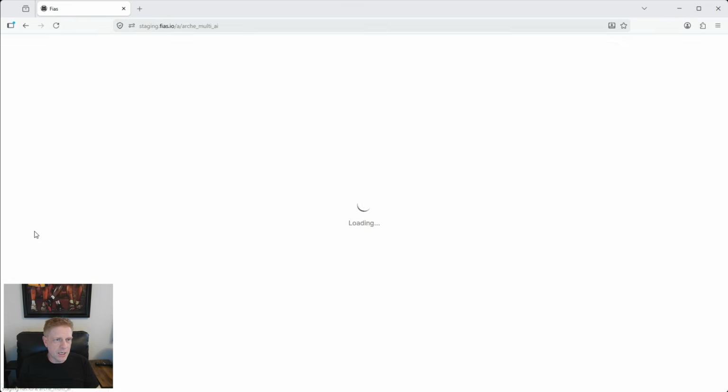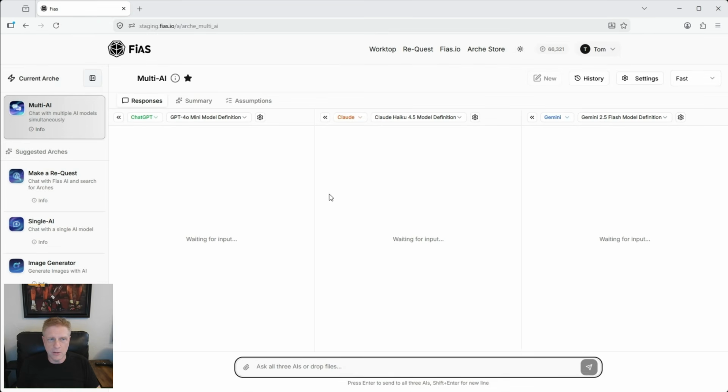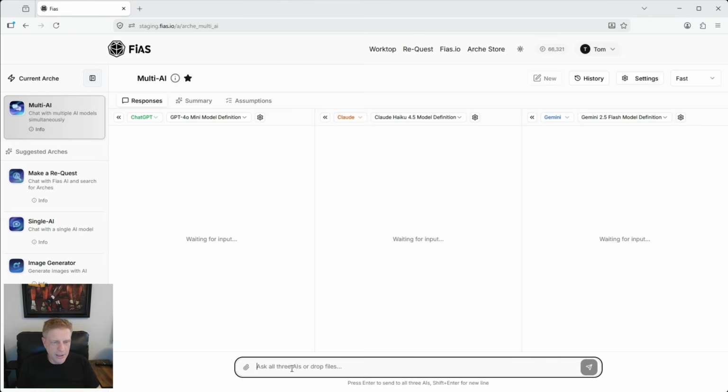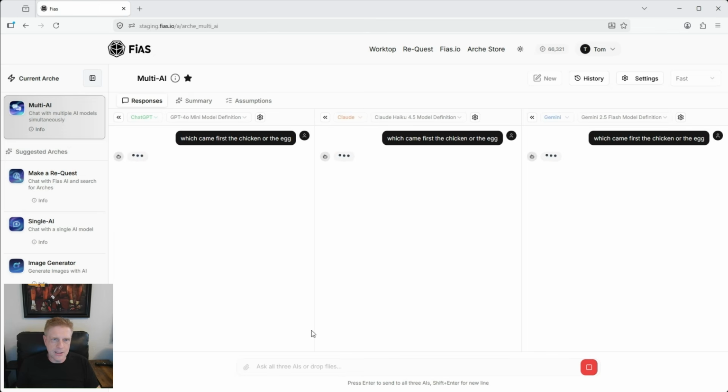You could have a similar type of interaction where you interact with multi-AI on chat. So here we've got a Chat GPT, a Claude, and a Gemini. We've got other models. We've got Grok. We'll add more over time. We've probably got 40 or 50 different kinds of interfaces into external systems at this point. And so you come in with multi-AI, and ask, which came first, the chicken or the egg, just as an example.